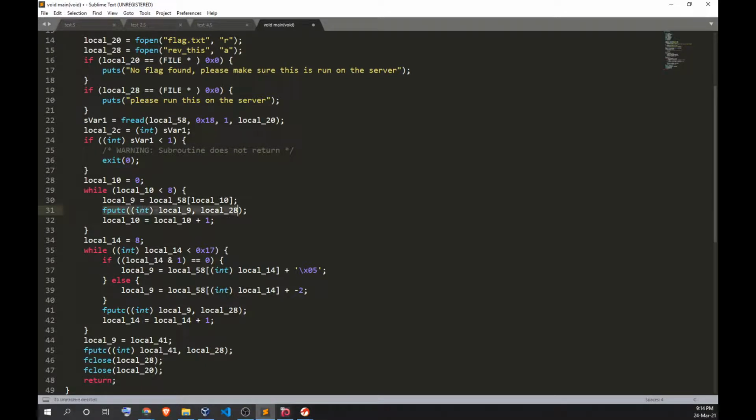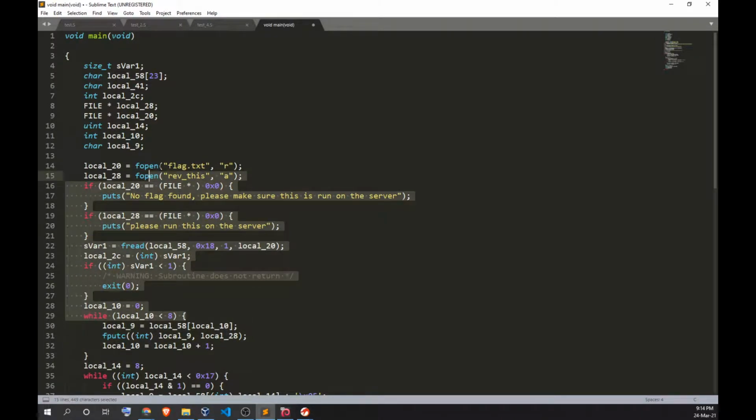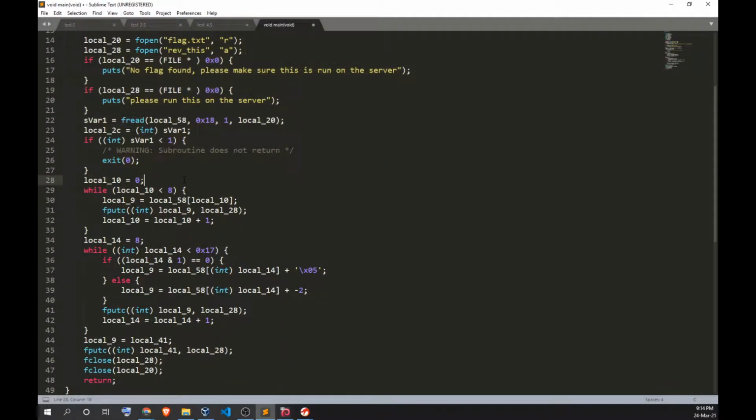If you read on the main page for put character, it says to put this one into this one, with the character into the file. So, since y goes from index 0 to 7, the local 10 here just puts the text from the flat text into this ref file through the local 58 here. Okay,